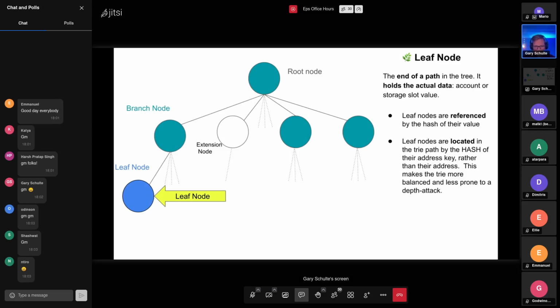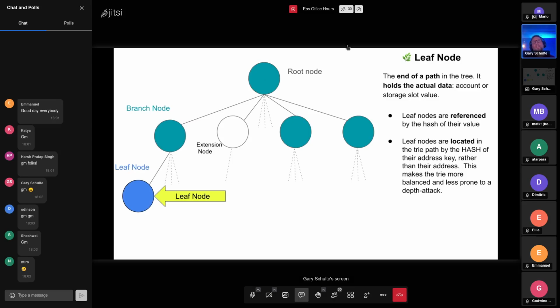So in order to mitigate that attack, it's specified in the white paper that we insert via the hash of the key. So we end up with a balanced tree, because the hash function is going to be well distributed and seemingly random when you hash the account path. So you end up with this nice balanced tree, and it's difficult to attack because you can't predict what